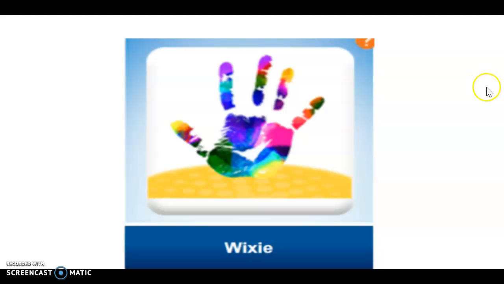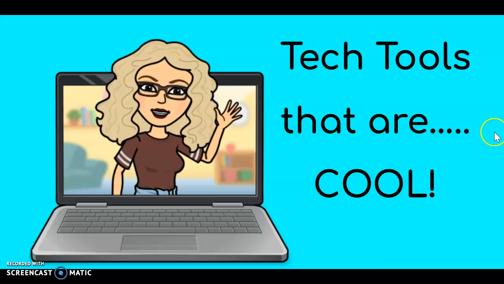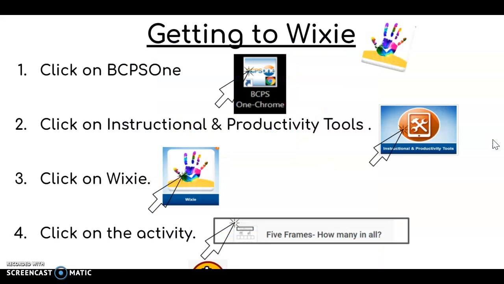With Wixie, I'm just going to walk you guys through how I have been introducing it to them, because for kindergarten friends and early childhood kiddos, following step-by-step directions and visuals is the key. So basically, how you will get to Wixie,